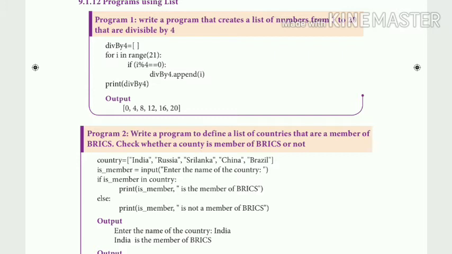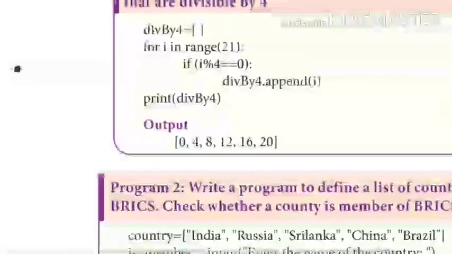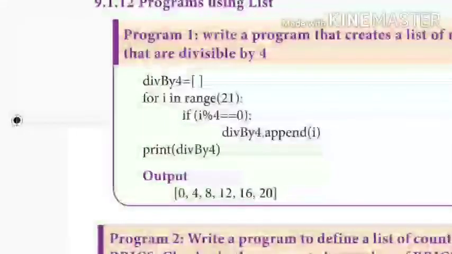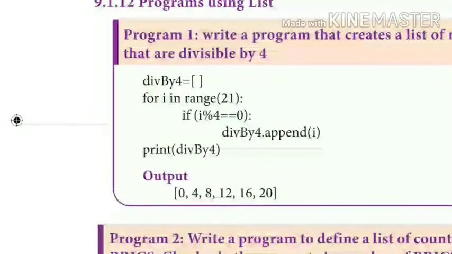So here you have to create a list, but the list should be from 1 to 20, and it should be divisible by 4. So here you can see that they have used a for loop. For i in range(21), if i % 4 == 0, which means the modulo symbol, i modulo 4 is equal to 0, which means